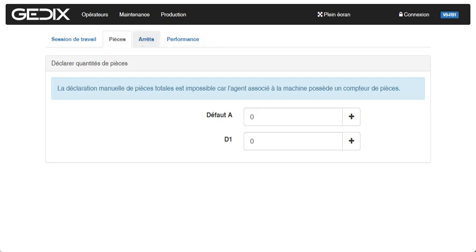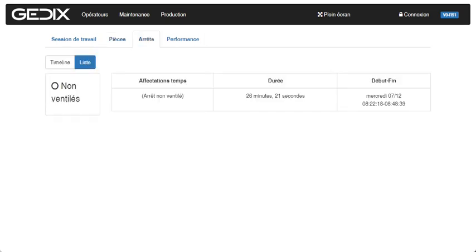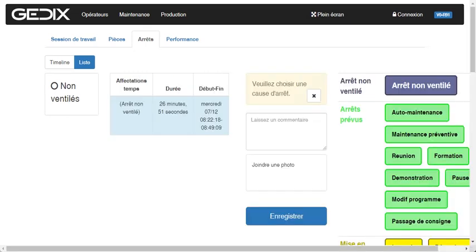Okay, after, you can see all stops on the machine. On the V1 machine, actually, the machine is stopped, and we don't know why it stopped. The stop is 26 minutes now. Okay, I can click on the event, and now a new menu is